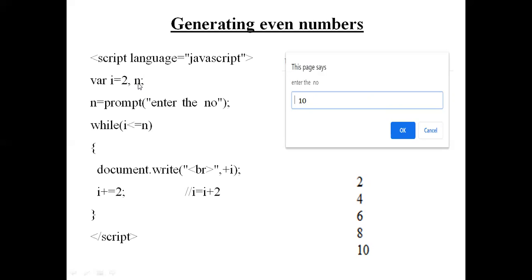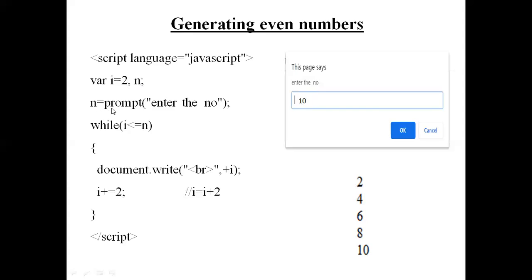So if the last value is unspecified, you have to give the prompt. The program should not go into an infinite loop. Okay, so here the variable i is equal to 2. First value will be 2, and up till what it should check for even numbers, that constant will be saved in n. So n will be taken every time as a new number. If I want to check from 2 to 30, here I have to say enter the number n 30. Now here I am generating only from 2 to 10. So first initial will be 2, last will be 10.